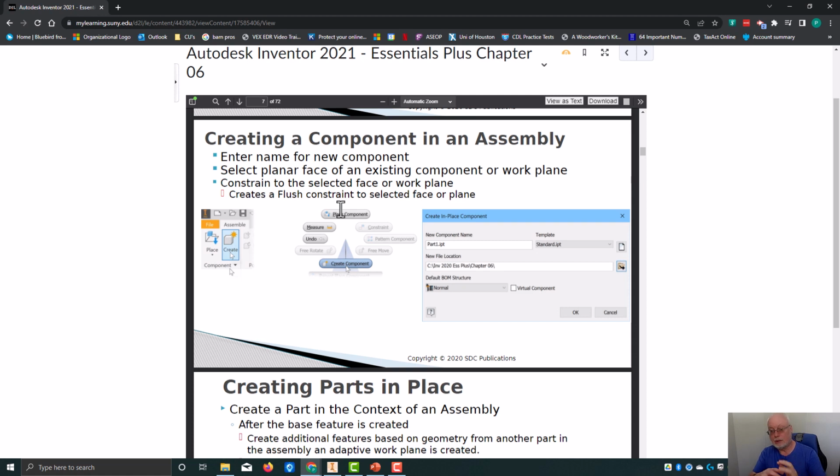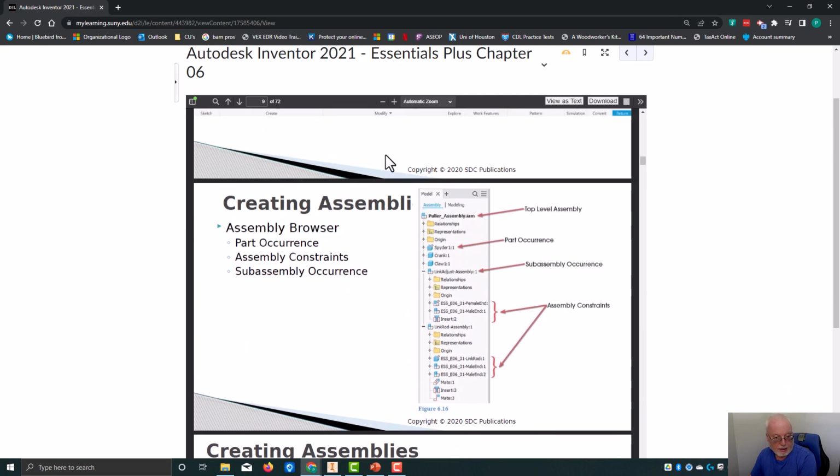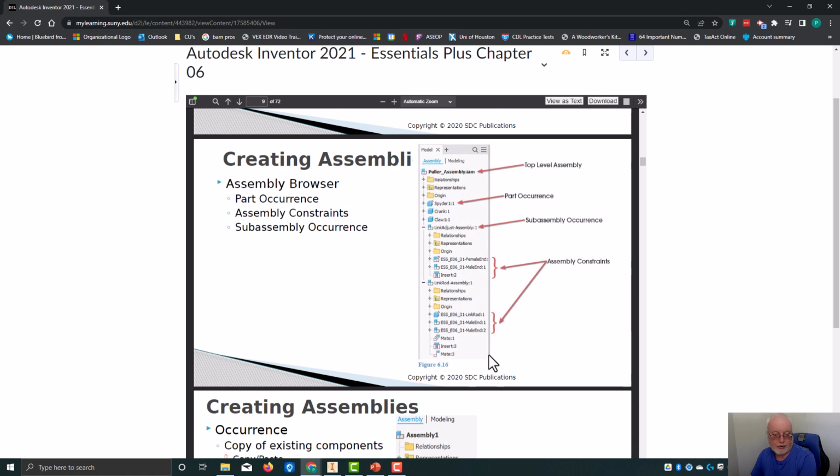Sometimes it's good to build a new part on the assembly, and that is what this is talking about right here. And again, this is about creating parts in place. So the assembly browser is going to look like this. So this is the browser on your left-hand side. You're going to see little plus signs next to the different items that you have inserted. So crank 1 here, and then we have link adjust assembly number 1, and you'll see relationships, and you'll see